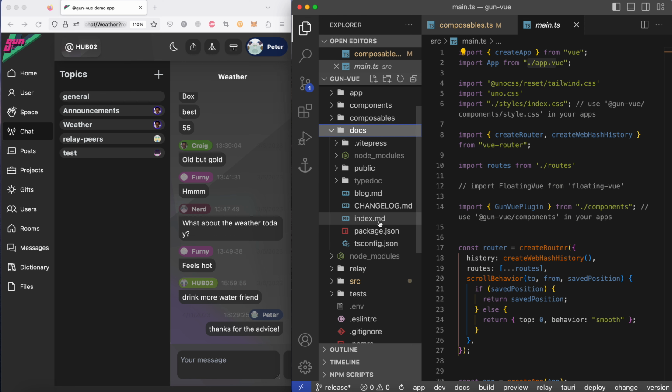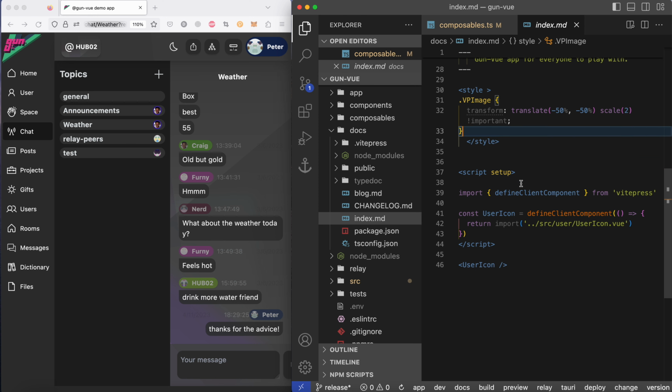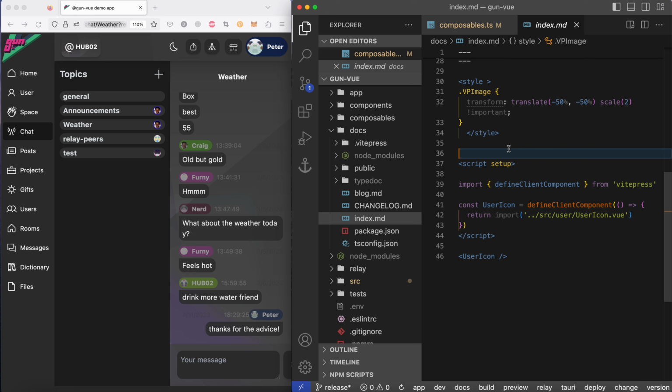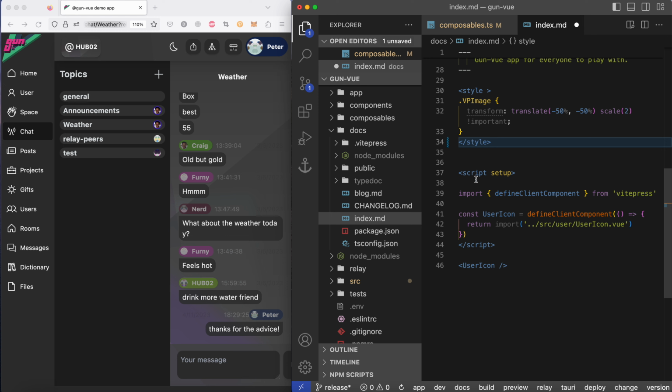I just wanted to show that the main struggle seems to be complete for now, and this opens up a whole lot of opportunities. I've discovered a new way to implement client-only components in VitePress,